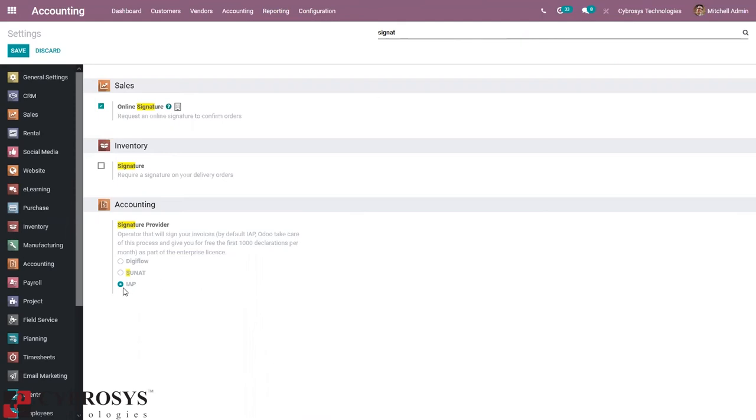By default, you can see IAP set. Odoo takes care of this process and gives you the first 1,000 declarations per month for free as a part of the enterprise license. The default one, IAP, is the suggested option considering the digital certificate is included as a part of the service.